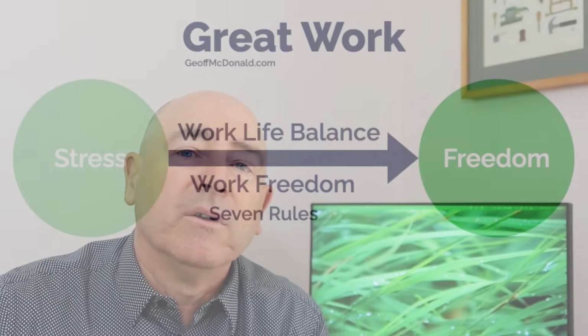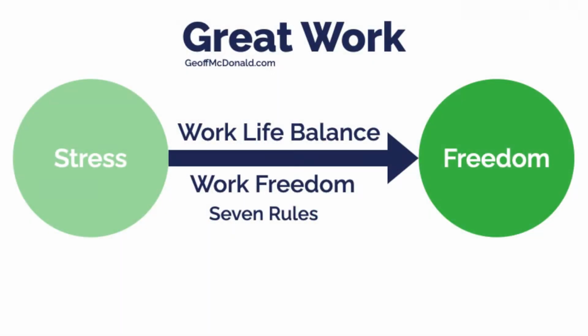But I think that's flawed because it suits people in jobs that have specific hours, but it doesn't really work for elite performers who love what they do. So my solution is to look at the principles behind work freedom. What would that look like? How could I be free around the choices and the autonomy I have around my work and my life? And as a result, step 6, I have 6 rules for work freedom.